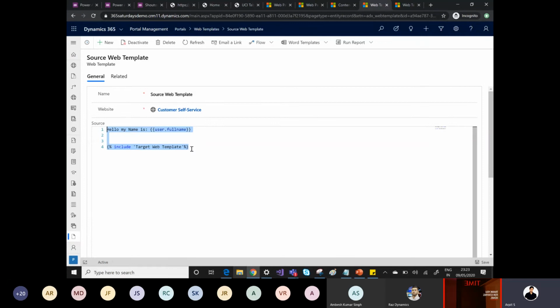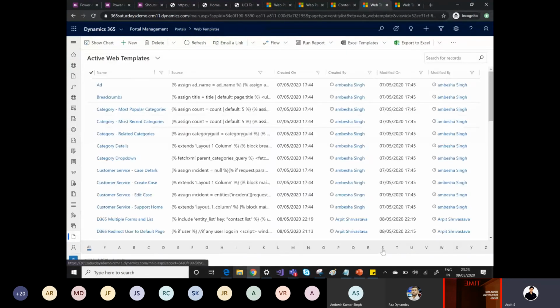So this is the way you can manage the communication between your two web templates. Now the question is, can I pass some parameters from one web template to another template, because there might be a lot of requirements where I have to communicate between two web templates. To do that, I have one more template,